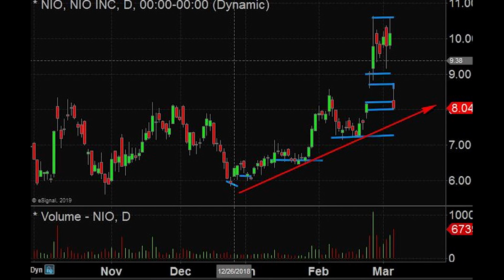This stock, from a bigger picture perspective, if we take a look at the daily chart, you can see had bottomed in late December at $6, and then people accumulated it in January at $6.50. Then the buyers stepped up in February to $7. So everybody's long this stock over the last few months because it's trending higher, trending higher. Then right before the earnings come out, it had shot to the upside, and people were long it from